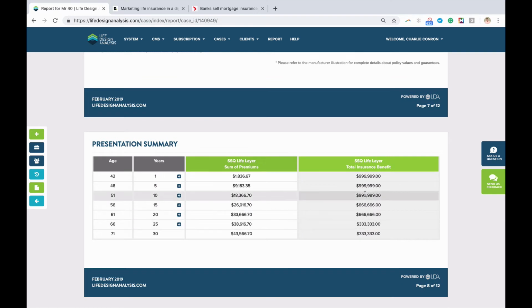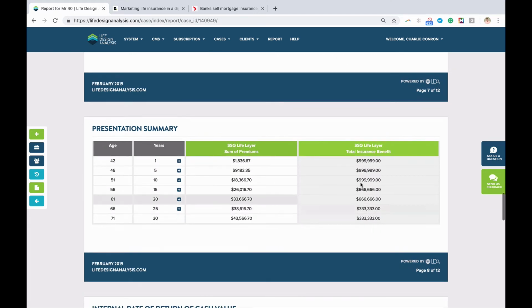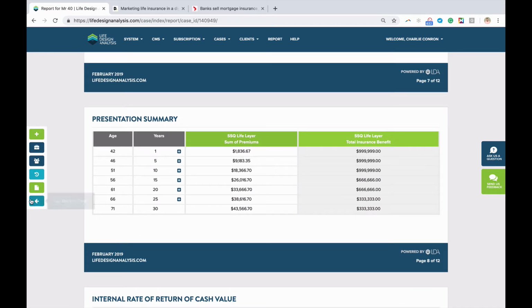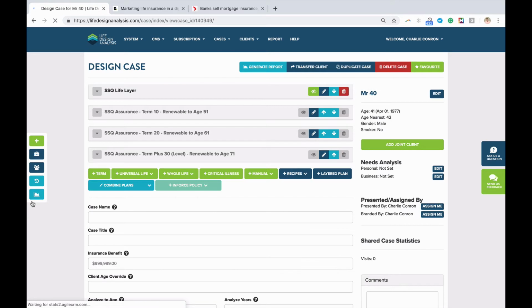And again, with that comparison, they can see the wind down of that and how it corresponds to their particular situation. So that's another great way that you can design a layered product to fit those needs. And really the last way I wanted to show is for the person whose cash flow is even less, and maybe a longer term length isn't even an option. I hear about this a lot from advisors. They say, it'd be great to sell them a longer term product, but I don't think they have the affordability or the cash flow. Well, one other way you could use LDA in that situation would be